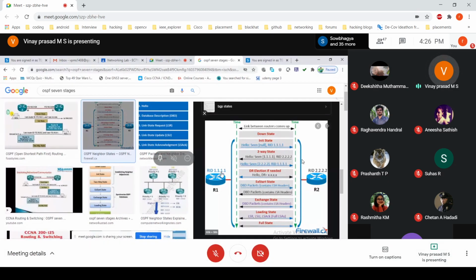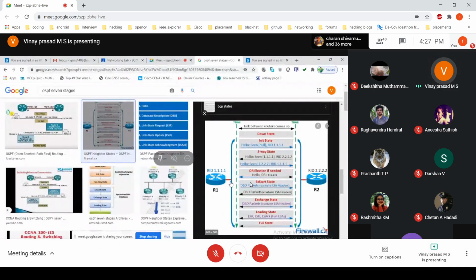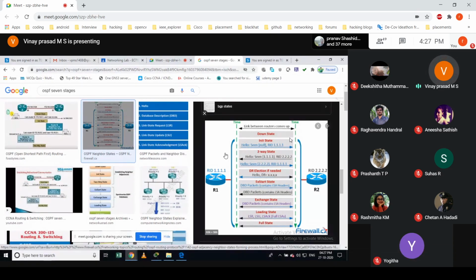Once router ID 1.1.1.1 sends a hello packet with null information, R2 will send a reply with the same router ID 1.1.1.1. Once one router is sending this packet, we say it is the init state, and when it gets a reply, it is the two-way state. Both know it is not a stranger; they know each other.